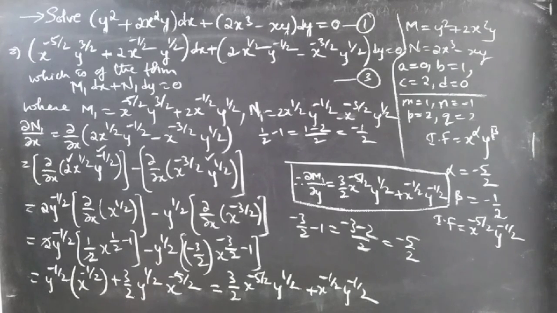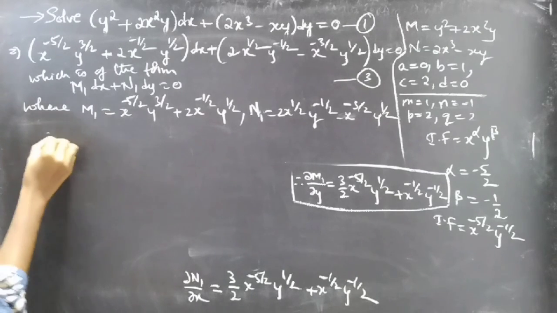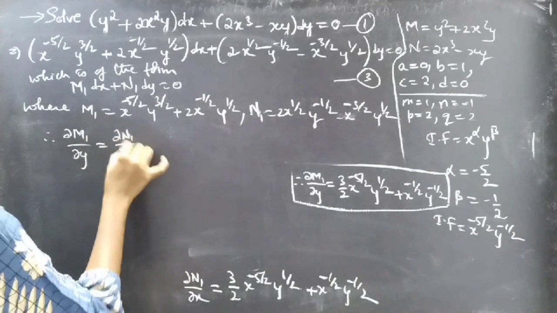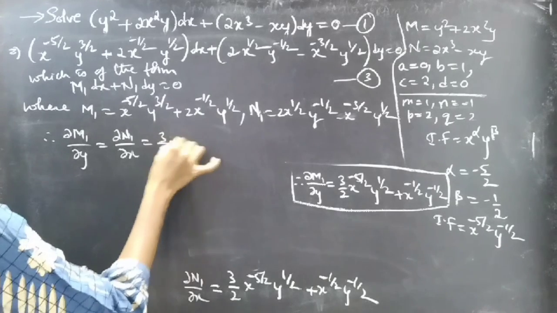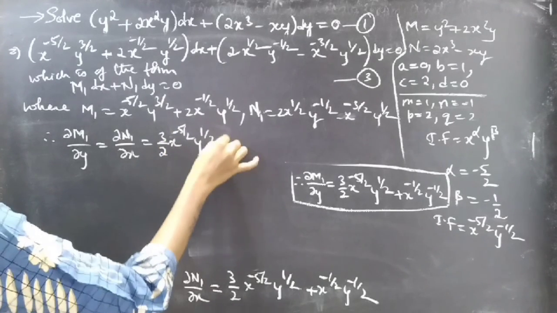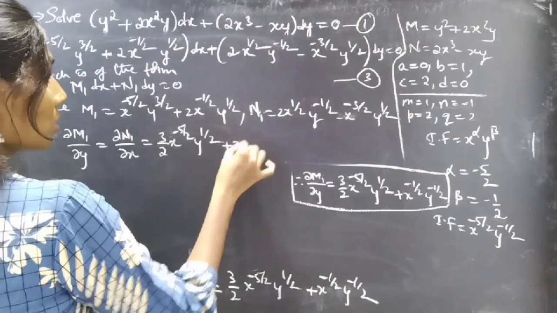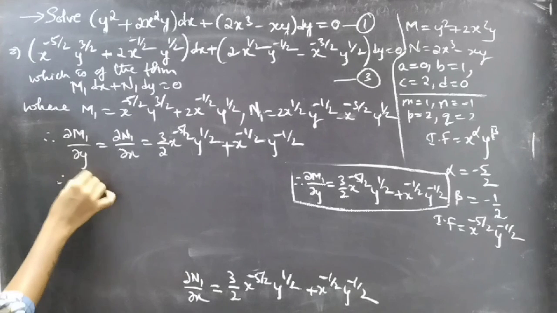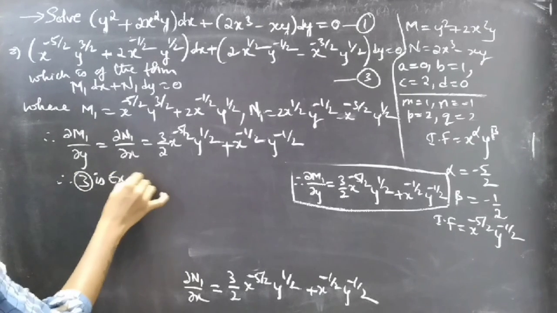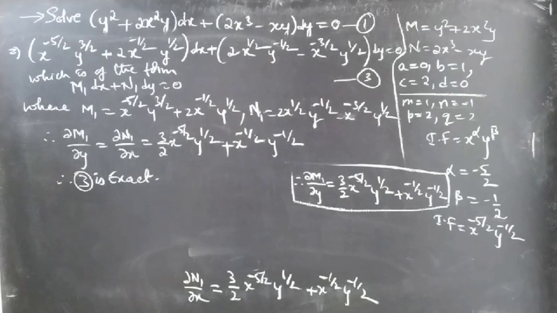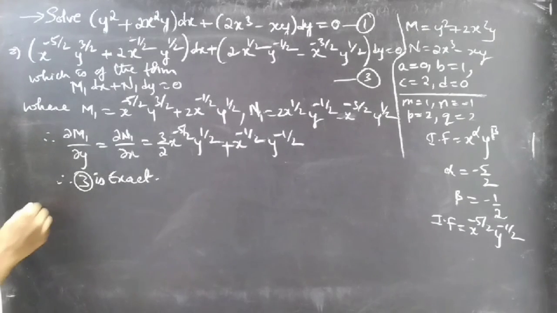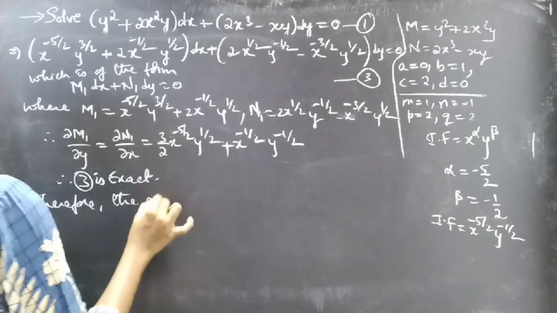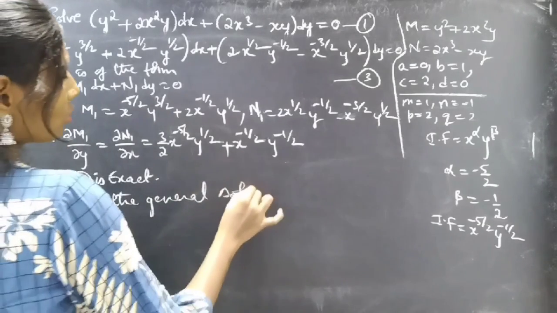right? Therefore, partial derivative of m1 with respect to y equal to partial derivative of n1 with respect to x equal to 3 by 2 x power minus 5 by 2 y power 1 by 2 plus x power minus 1 by 2 y power minus 1 by 2. This shows that equation 3 is exact. Therefore, the general solution to